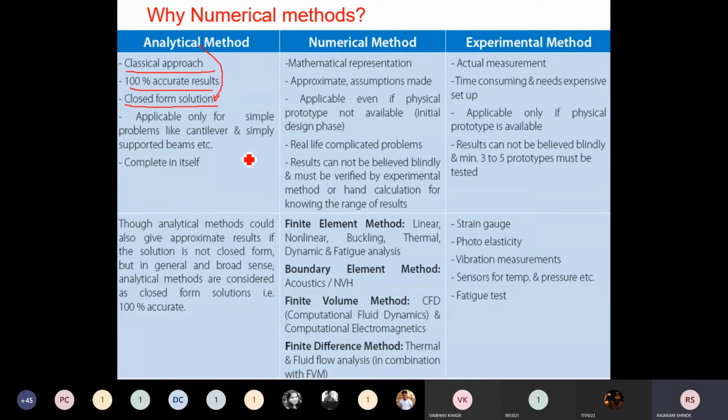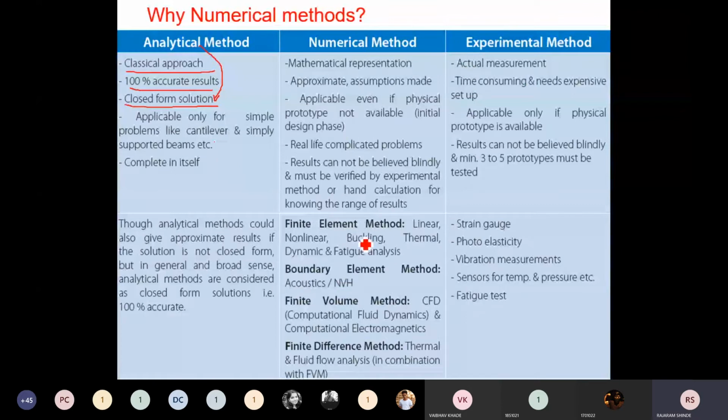One more thing, you have calculated the drag force and lift force over a flat plate, but those are simple geometries. If we want to calculate the drag force and lift force over a car or over an aeroplane, those geometries are not simple. Those geometries are very complicated. So for analyzing these problems which I have stated here, analytical methods are not appropriate. So when analytical methods are not appropriate, we have to go for the experimental method.